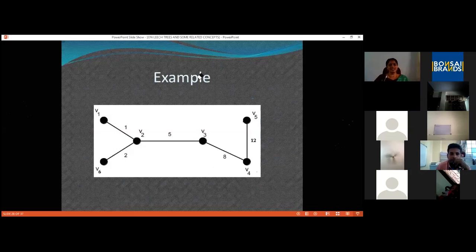So here is an example. I just want to make clear the difference between leech tree and modular leech tree. This is a tree which, as we have already seen, is not a leech tree. So I want to make sure that there are more modular leech trees which are not leech trees. I think the labeling is visible to all the participants. If not, please zoom by double clicking on your screen.